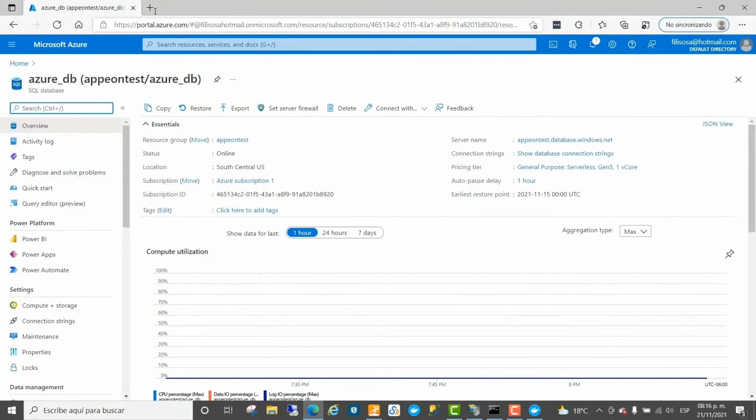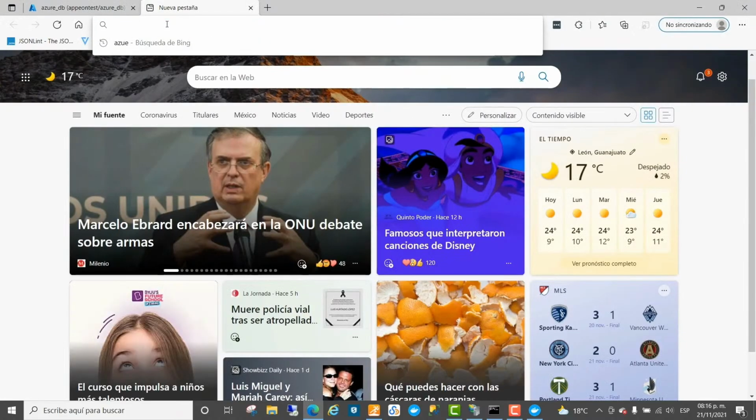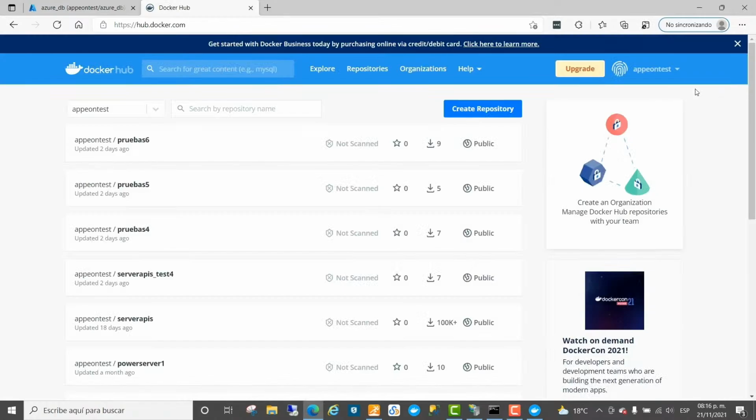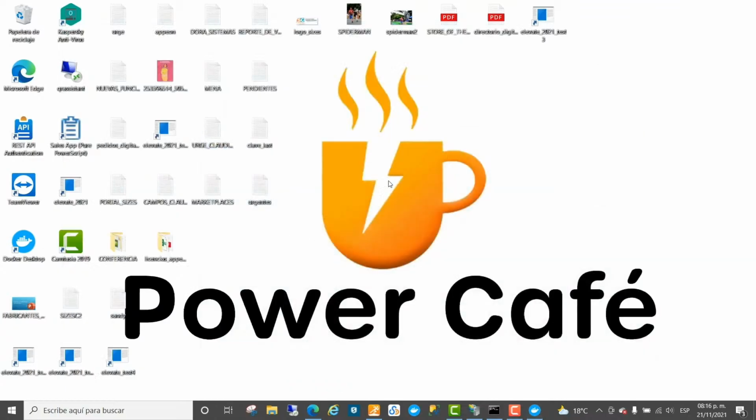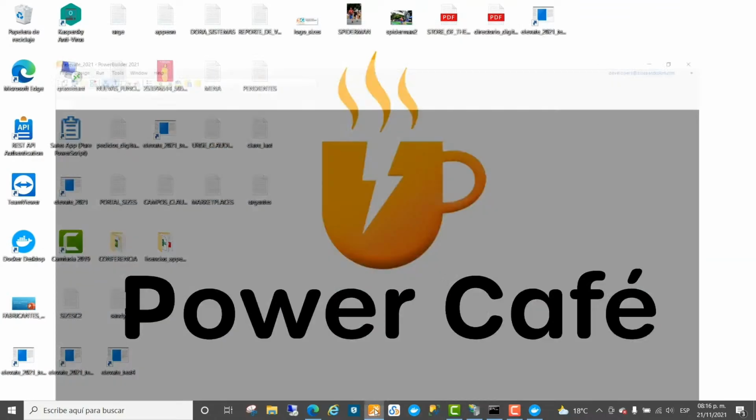Okay, so you need to open also an account in Docker Hub. It's free. You just open an account, and that's where you are going to store the images of your containers. Once you install Docker Desktop on your development machine, let's go to PowerBuilder, and we